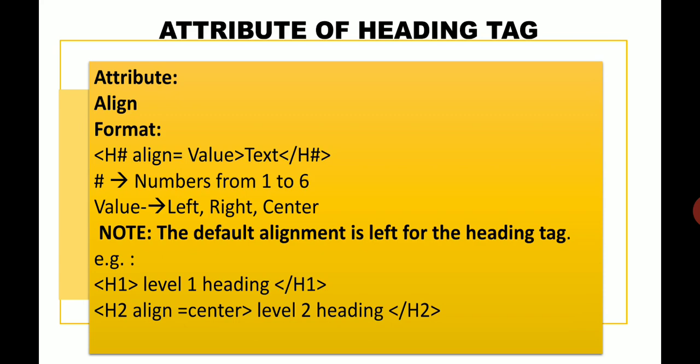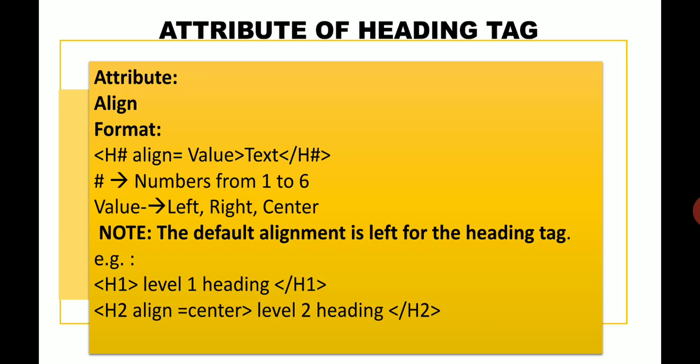Heading tag has one attribute, that is align attribute. We often give heading at the top of any page when we are writing something. Similarly, on the top of every web page, if you want to give heading or subheading, if you want to give a very big heading, that is the largest heading, that can be given by H1 tag, and we can reduce the size of the heading by using H2, H3, H4, H5, H6, with H6 being the smallest heading.